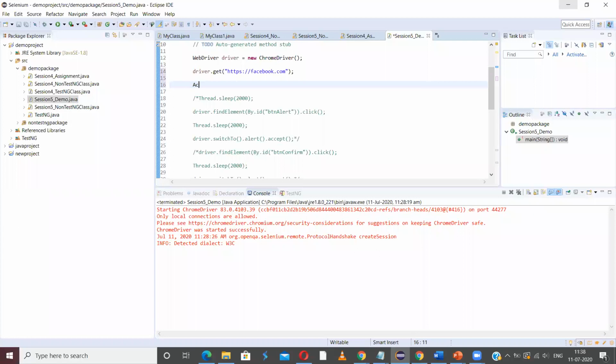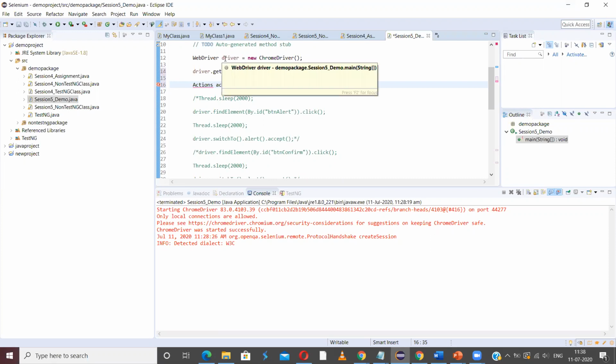So how can I use the Actions class? Let me create and instantiate this Actions class: new Actions, and I have to pass the WebDriver instance, which is driver.